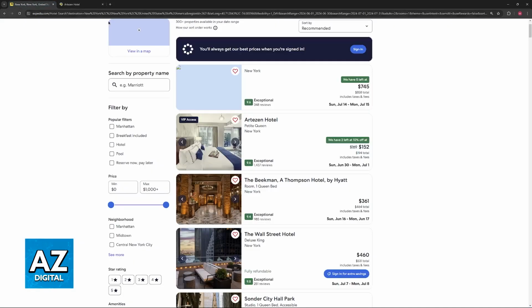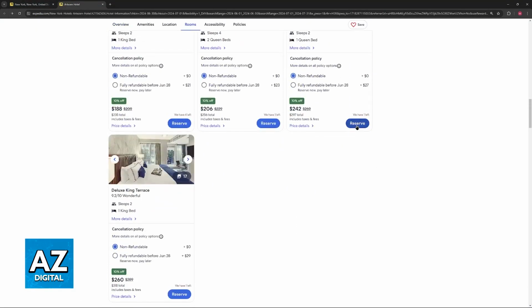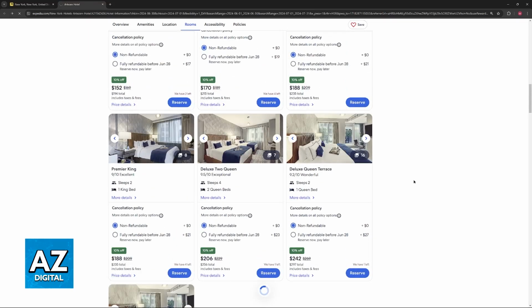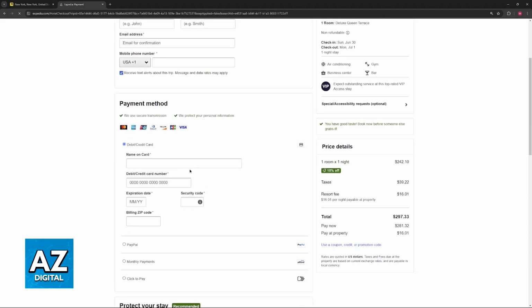Afterwards, choose from one of the available payment methods, and like I said, this process is usually going to be the same across all platforms where you can book hotels. For this video, I'm showcasing Expedia specifically, but the process is incredibly similar. You just search according to the destination, the dates, and the filters, and once you have everything set up, just proceed to checkout and choose how you want to pay.